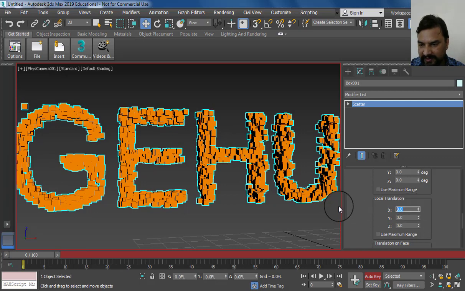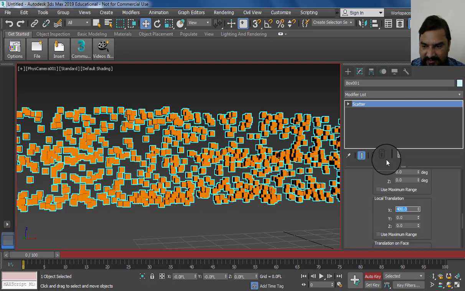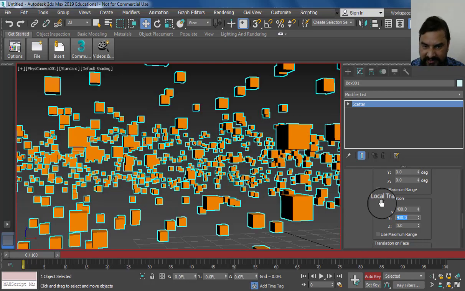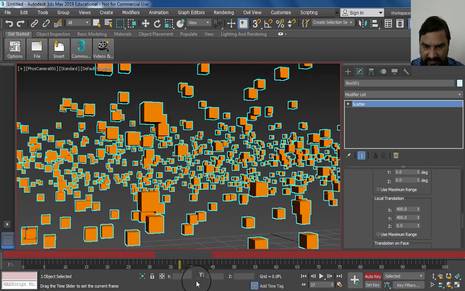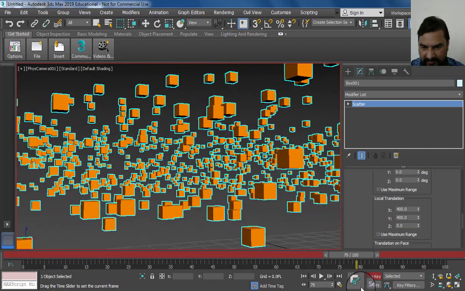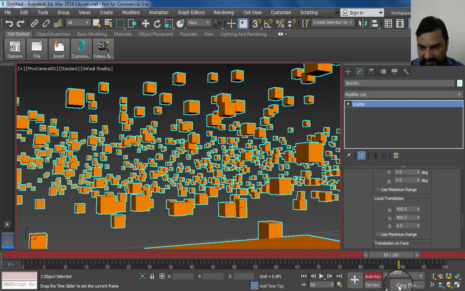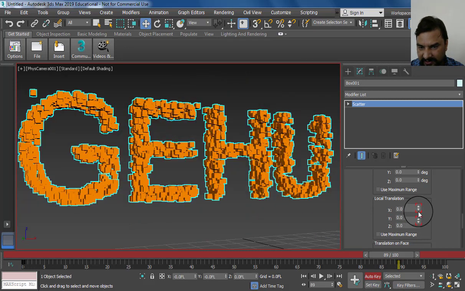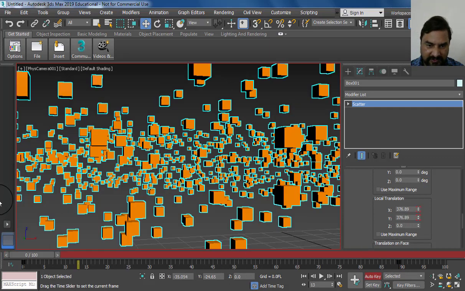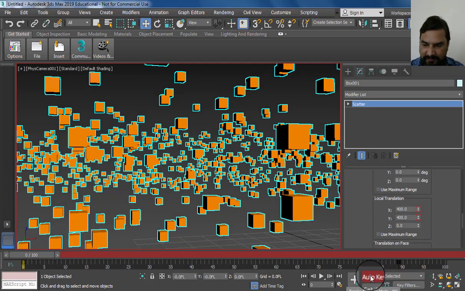We can increase the number to around 400, and our text moves on the x and y axis. Then we can animate our camera, go to around frame 80, and set this to 0 and 0. Now play it.